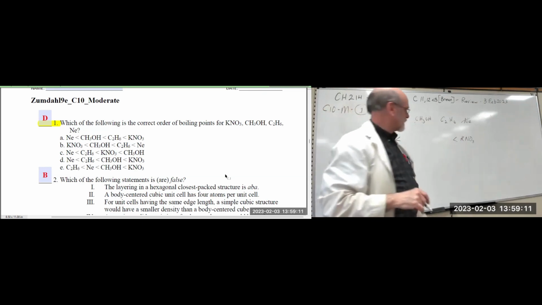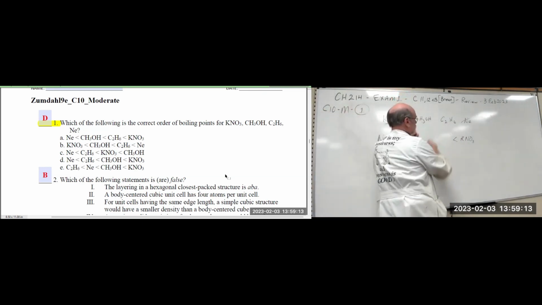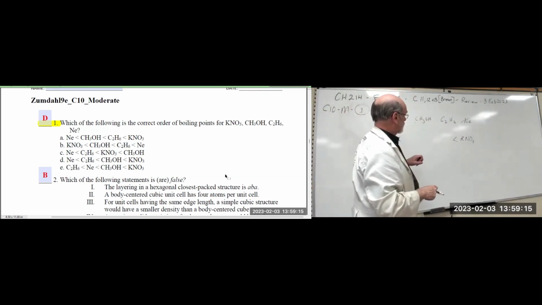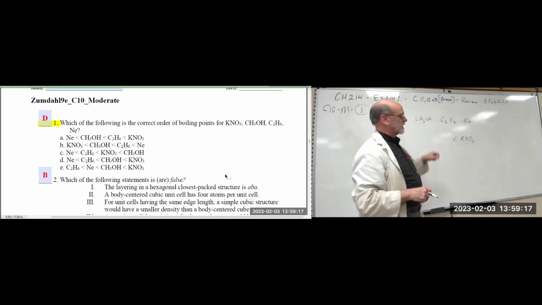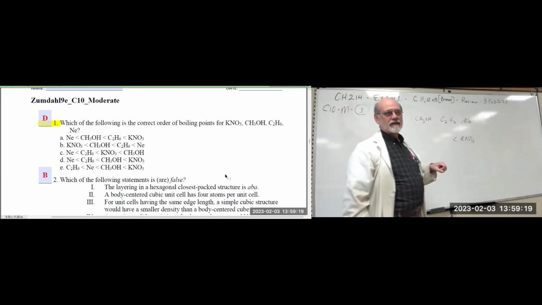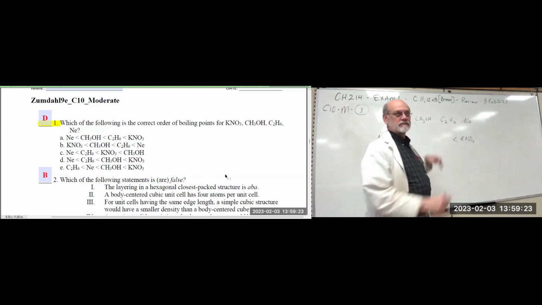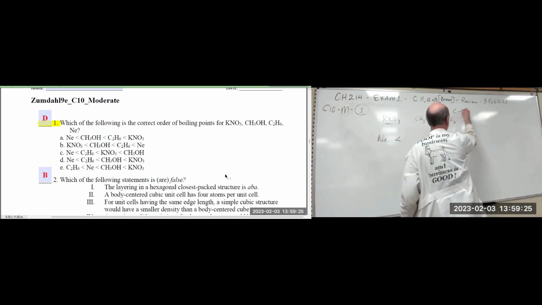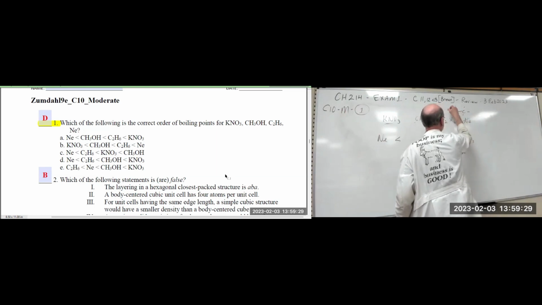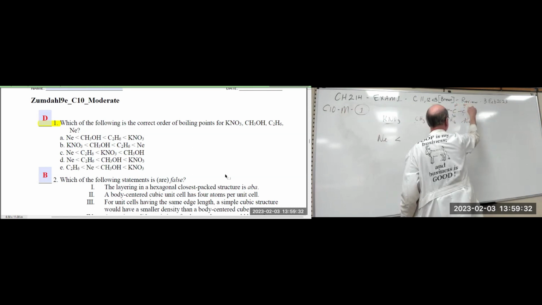Okay. So now what do we do with these? Which one of these has the lower boiling point? Well, ethane is a nonpolar molecule. Right. Each one of these is hydrogen. So you can see